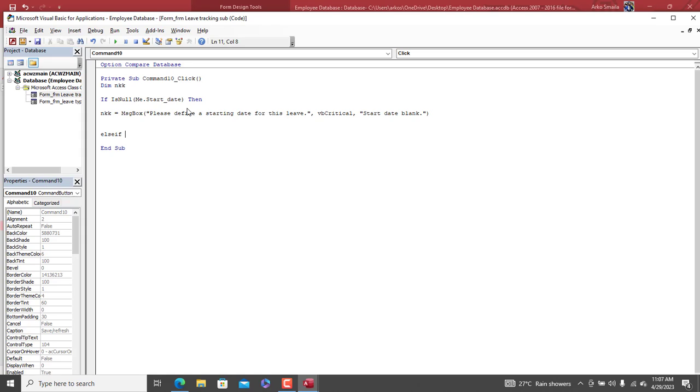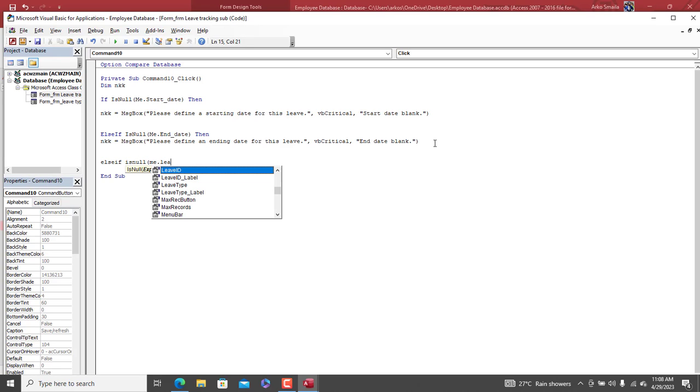So else if IsNull(Me.EndDate) then, so let's go ahead and copy everything that we have here and then paste right here. So please define an ending date. So here we say end date error or blank. Okay, else if IsNull(Me.LeaveType) then